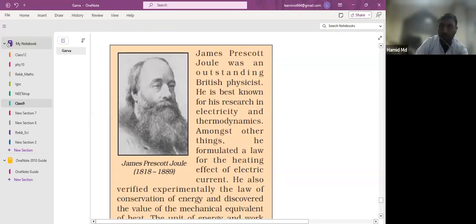So this is the guy, James Prescott Joule. He was an outstanding British physicist. He is known for his research in electricity and thermodynamics. Amongst other things, he formulated a law of the heating effect of electric current. You will read this in class 10th, heating effect of electric current. It means that